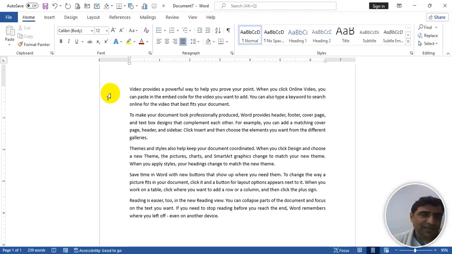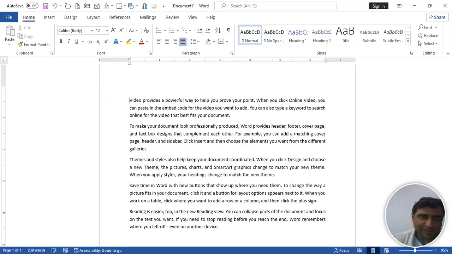Okay, so the next part is the heading, right? For example, the document is okay, good, right? I want to create a heading. I just press the Enter key. Then I move up with the arrow, Control E is the shortcut key for center, Control L left, Control R right, Control E center, right? So I can type here the institute name,